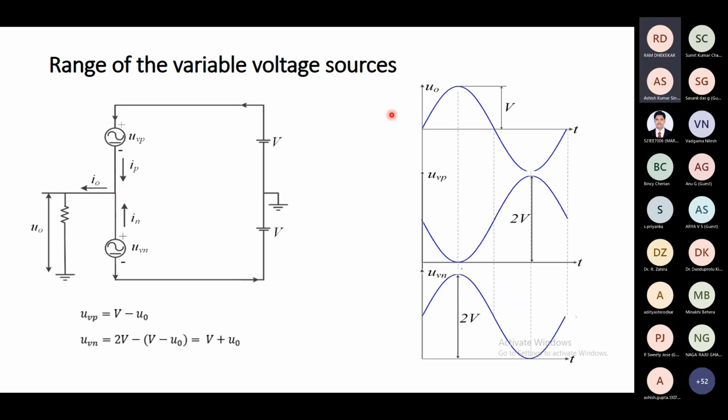So here is a waveform given, U0, which is varying between plus V and minus V. And then for that,